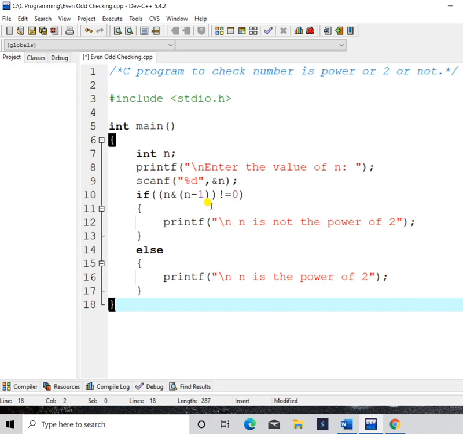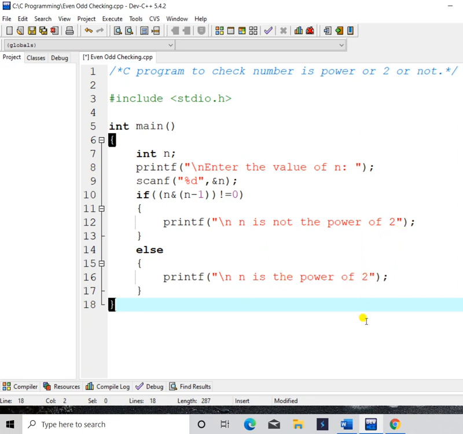When the result is not equal to 0, it will print that the number is not the power of 2. Otherwise it will print that the number is the power of 2.